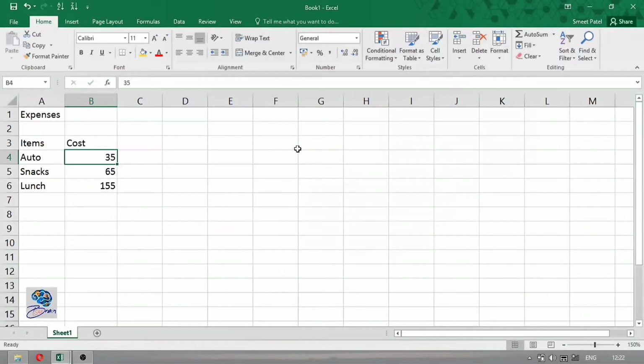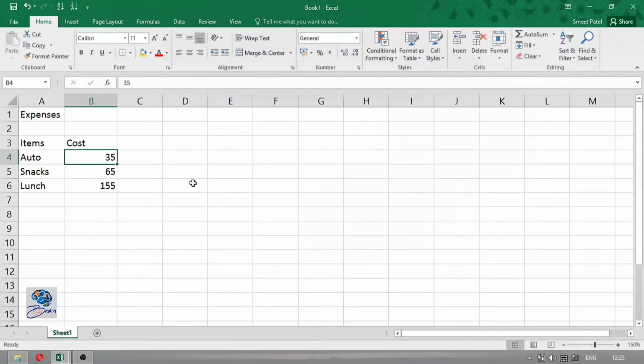Now coming back from office, I have also taken an auto from my office to home. It also cost me around 35 rupees. Okay, so if I want to add the auto again, what can I do? I can also delete the data, the 35 rupees, and rewrite 70 rupees. One auto for the morning and one auto for the evening, from home to office and office to home. So the auto cost for the whole day is around 70 rupees.